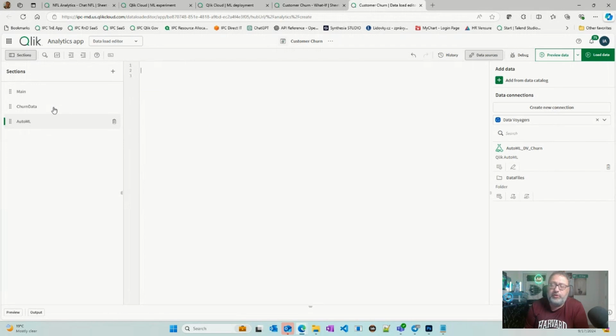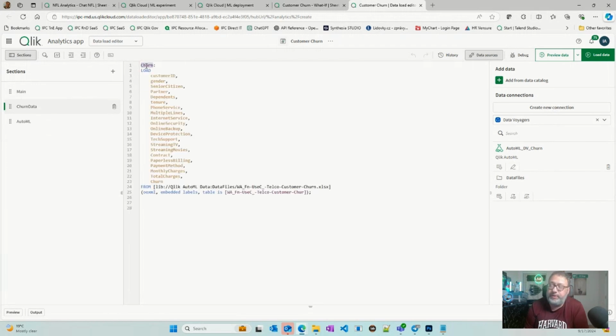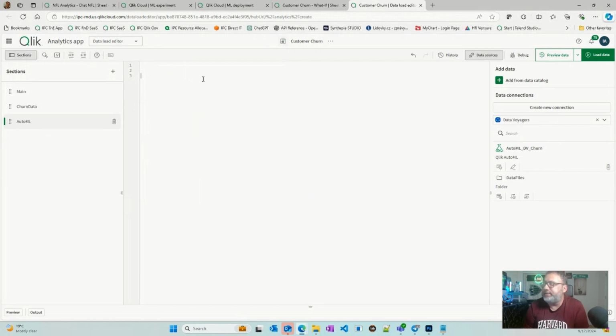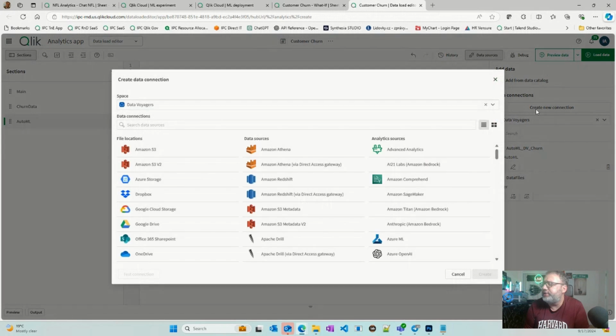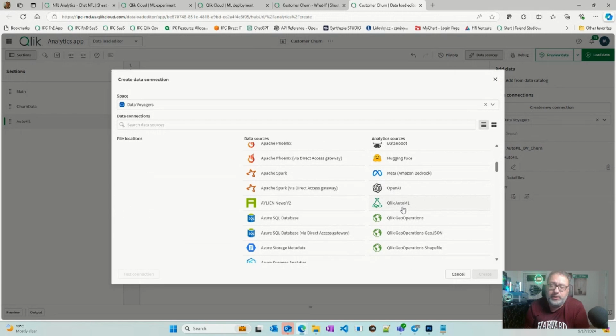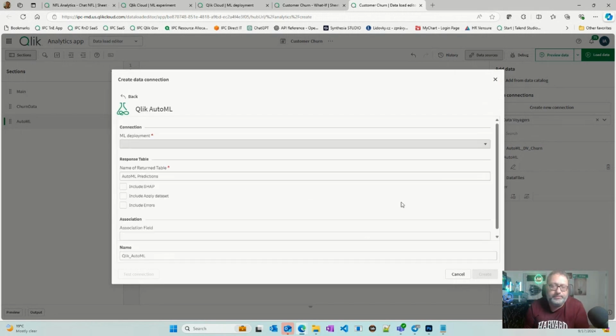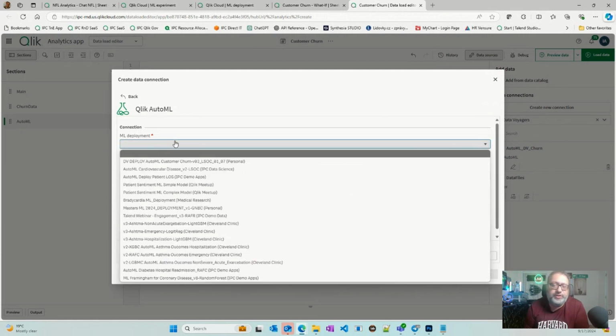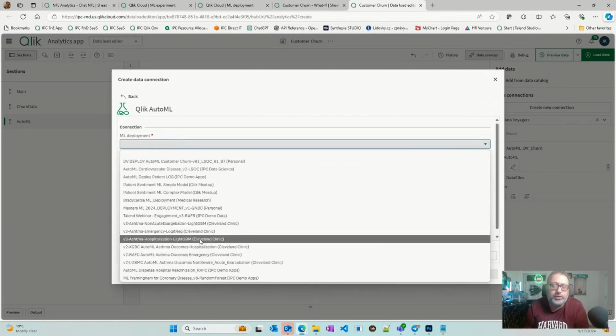And basically what you need to inform as an input, it's one thing mandatory. It's what table contains the input information. Again, this is for the load script prediction, which is not the real time, but I want to show you something. So let's come here, create new connection. You need this connection, and if you don't see it, there's a specific role permission that you need, which was not part of this video, so we're not covering this. So I need the Qlik AutoML connection, and then you go to this drop down and find your connection.